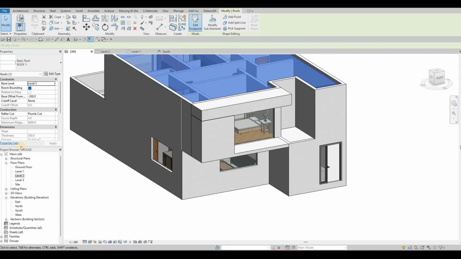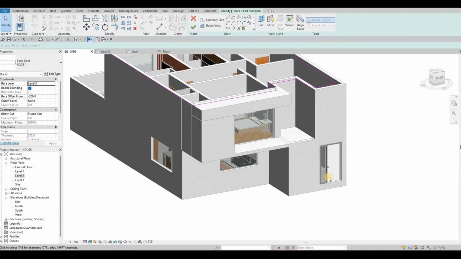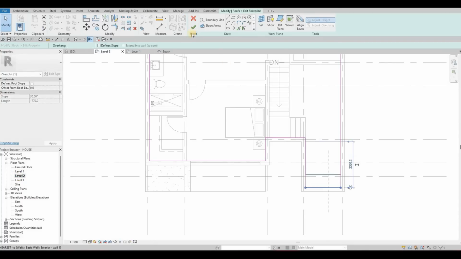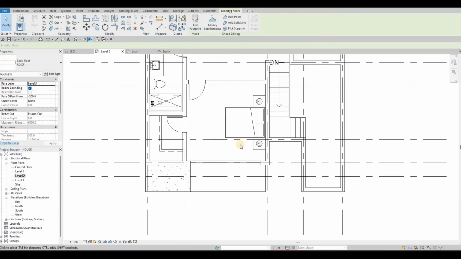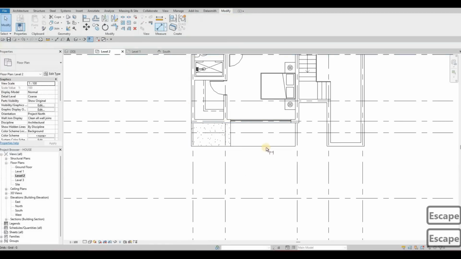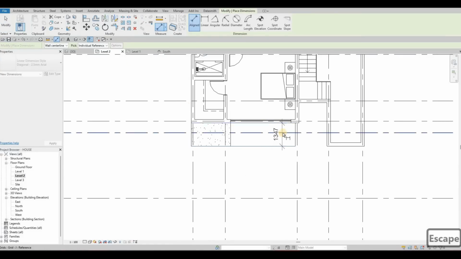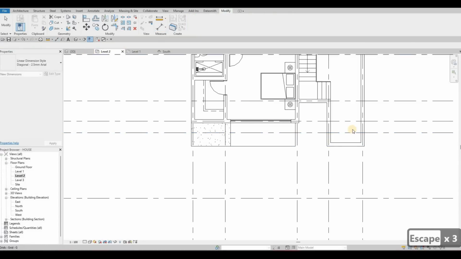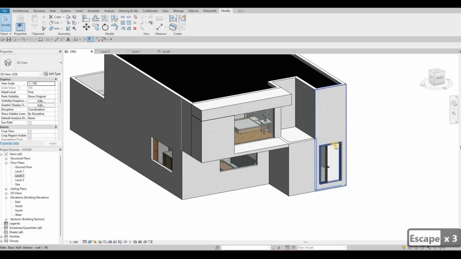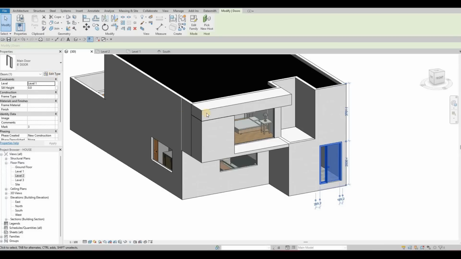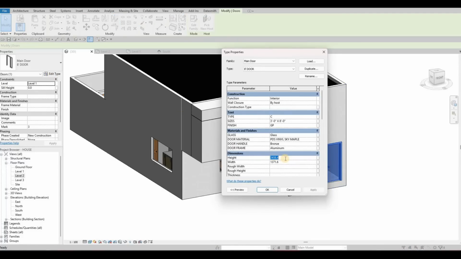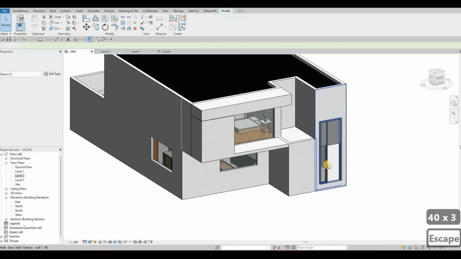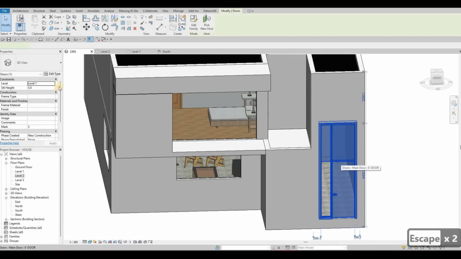So edit footprint, and then go to level 2, and then extend this one a bit. So this one, just to let you know, I extruded it around 1300. That's good enough. So for me, I just estimated that 1300, and then now we can make this one a lot bigger. So for the height, I want it to be 4000. There we go. So now it's a lot bigger, and then we just need to edit the family,